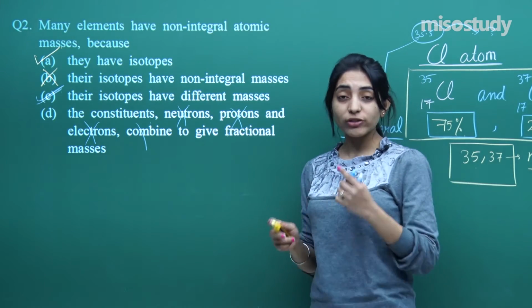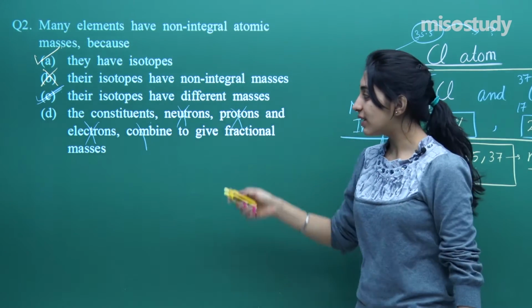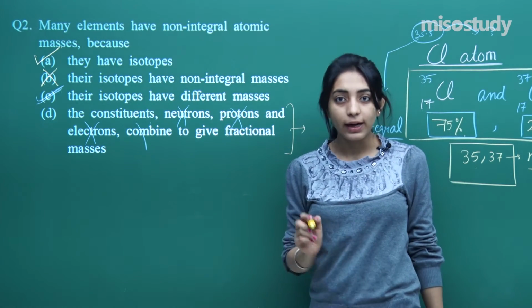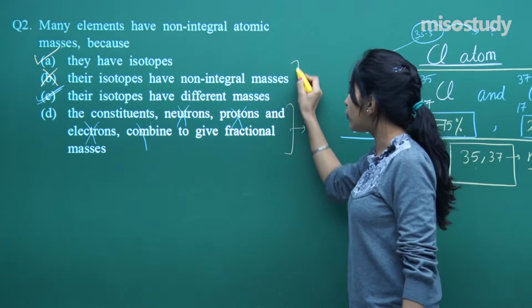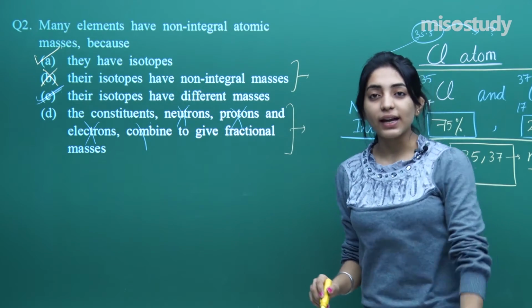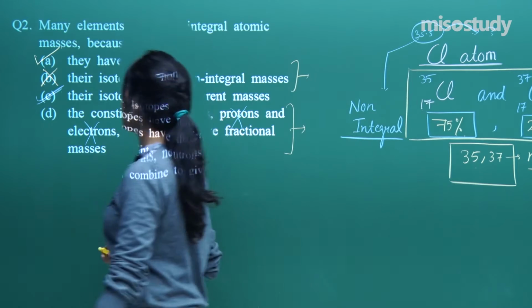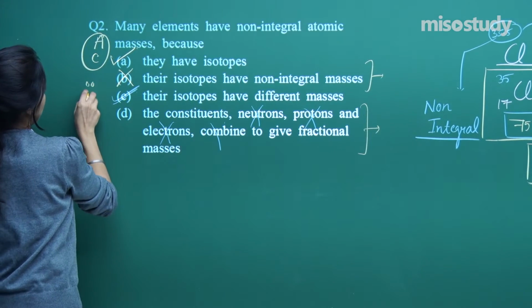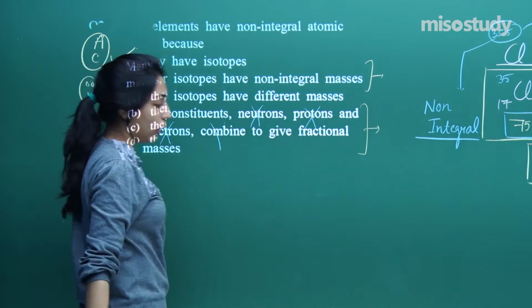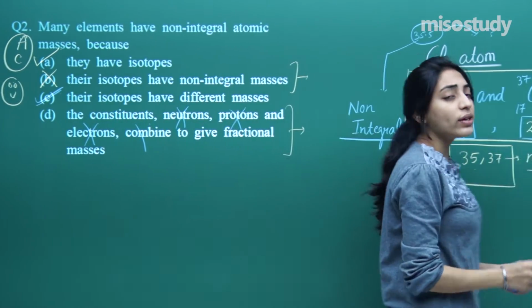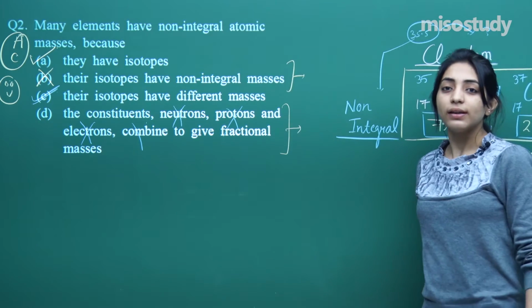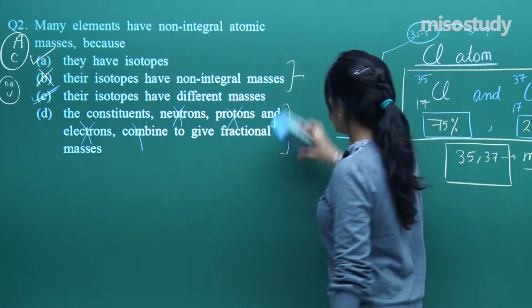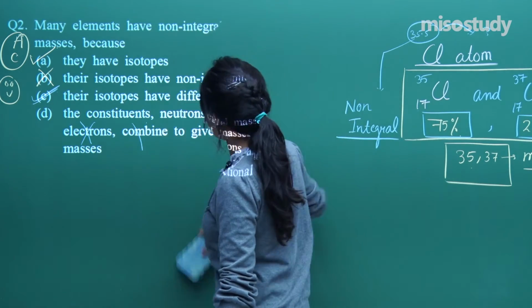Fine? The question was really interesting because many students can get confused in option D. Right? Many students can get confused in option B as well. But the correct answer for this particular question is A and C. Okay. So guys, this was about the second question. Now it's time that we can move on to the third question. So just give me a second once again.